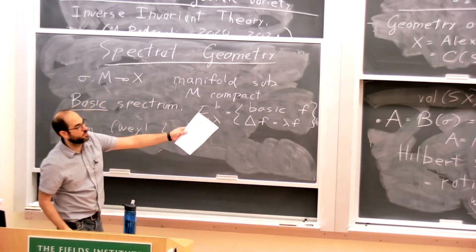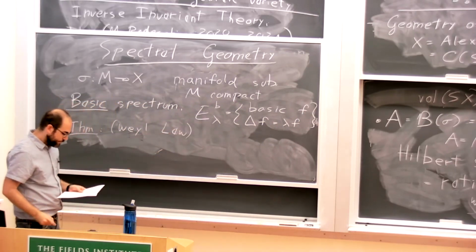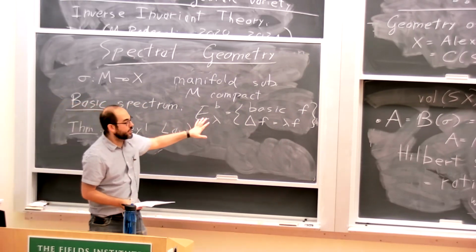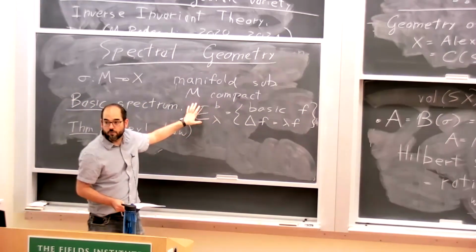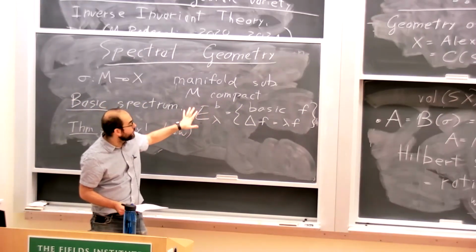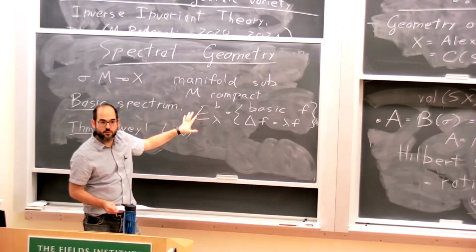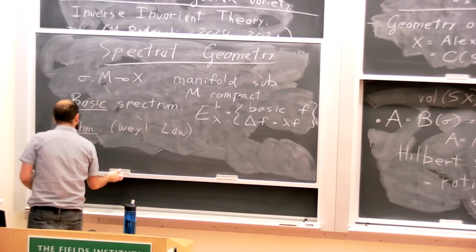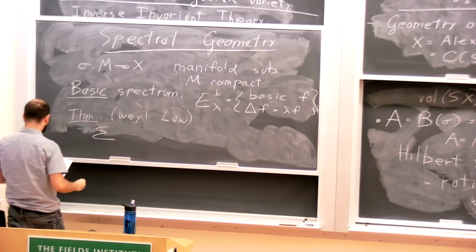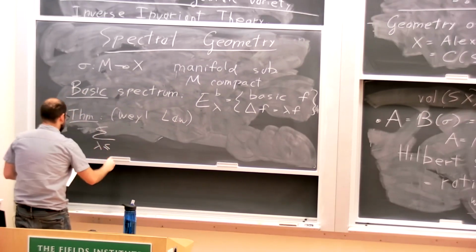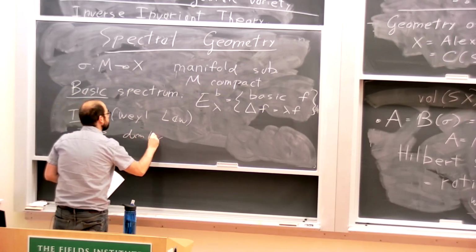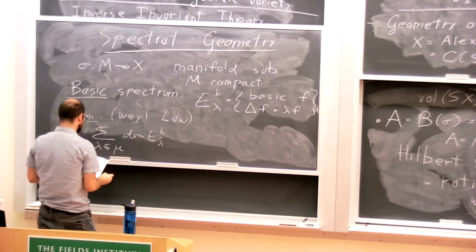It's the same group of people, same paper that's still in preparation. It says that it's a Weyl law, right? So it says that the rate of growth of the dimensions of this thing here, the volume shows up in there. There's a specific rate of growth, and a coefficient is exactly the volume of the quotient. So if you look at the sum of the dimensions of these spaces.